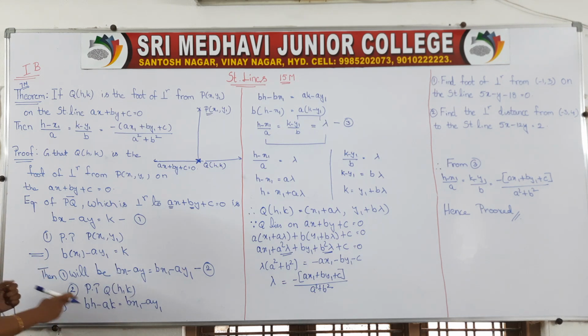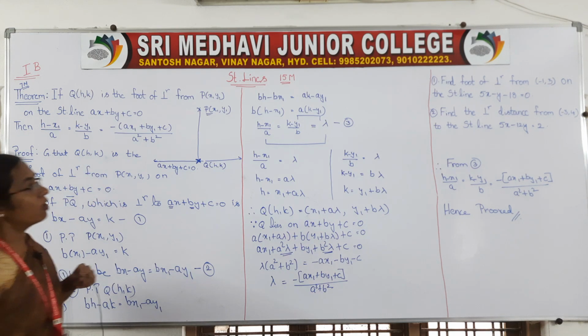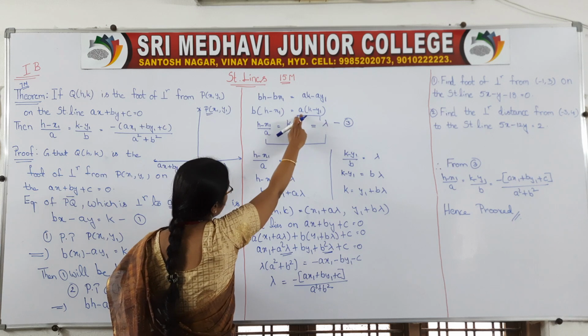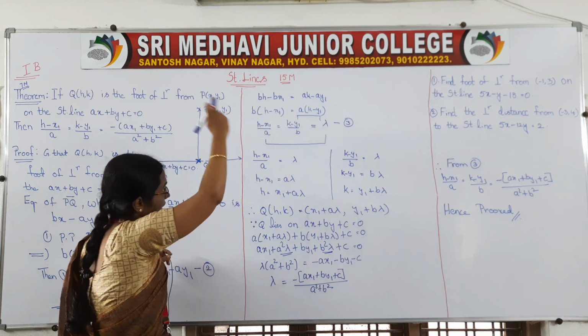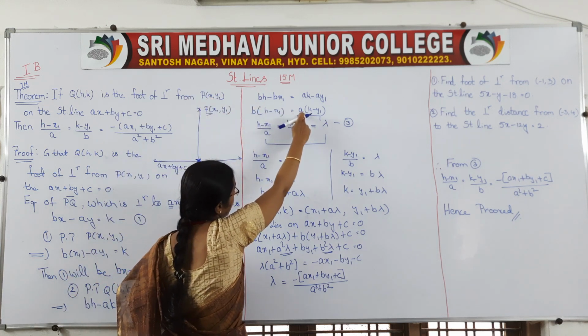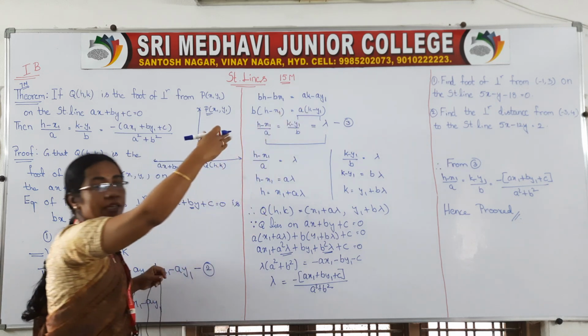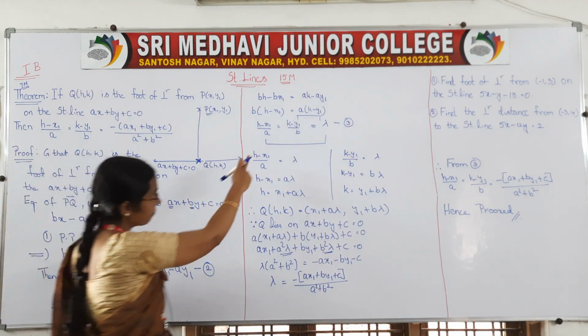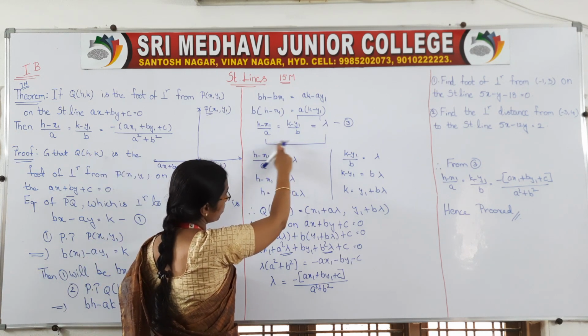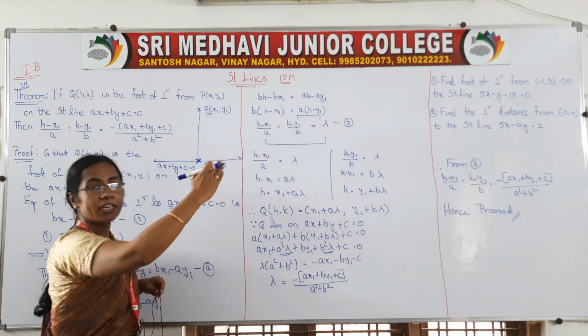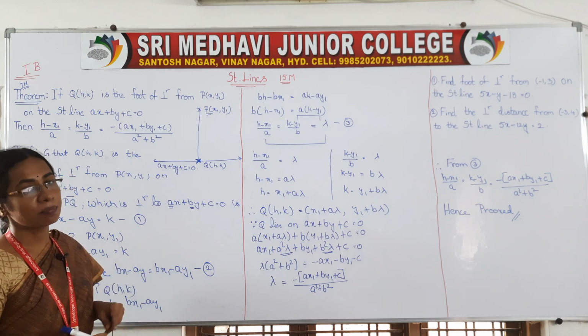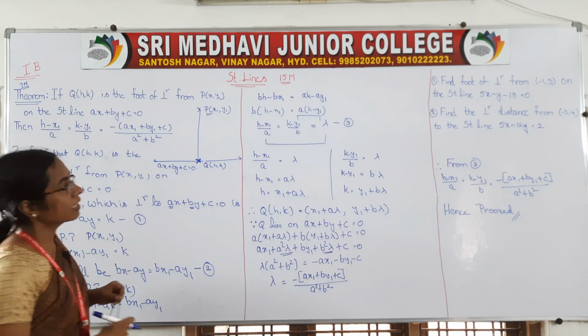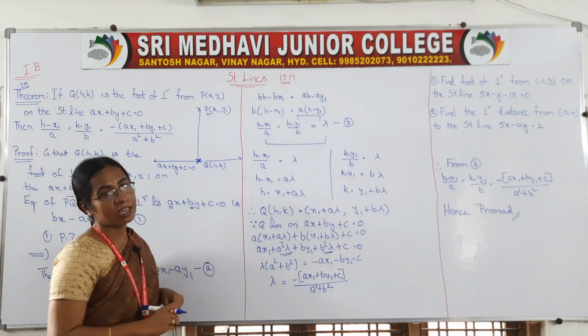Then try to write b terms one side and a terms one side, right? After that, observe carefully here. b is multiplying, a is multiplying. We are sending them to the other side. If we send them to the other side, they will divide. And in mathematics, if two equal values are there, we can equate those values with some constant so that we can get these h and k values.